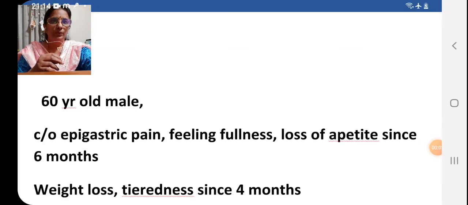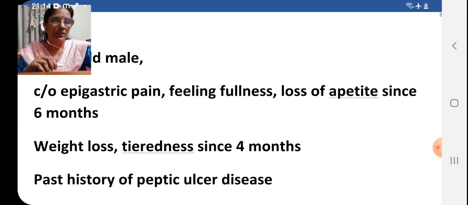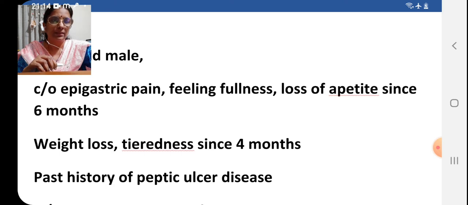So today I'm taking a class on carcinoma stomach. And first of all, go through this scenario. A 60-year-old male complains of epigastric pain, feeling of fullness, loss of appetite since 6 months, weight loss, tiredness since 4